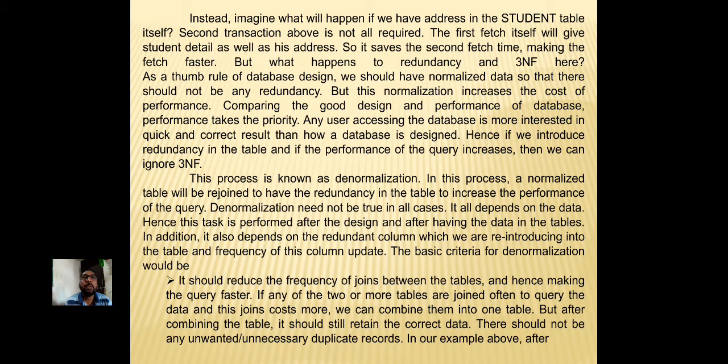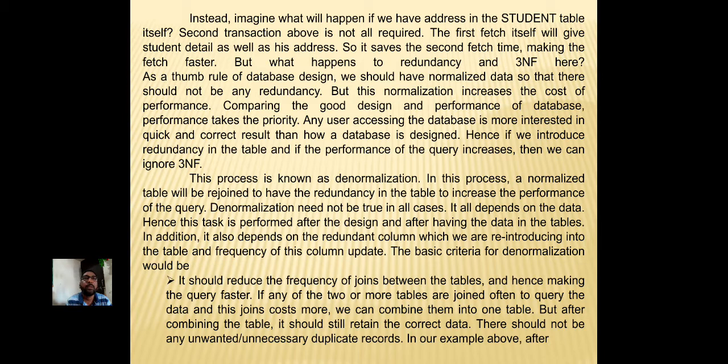Instead, imagine what will happen if we have the address in the student table itself. The second transaction above is not required at all. The first fetch itself will give the student detail as well as his address. So it saves the second fetch's time, making the fetch faster.